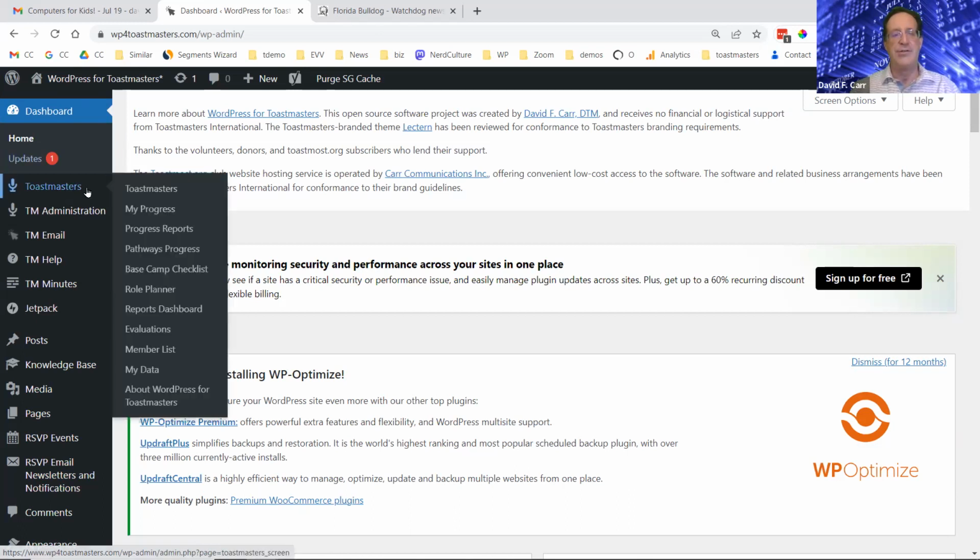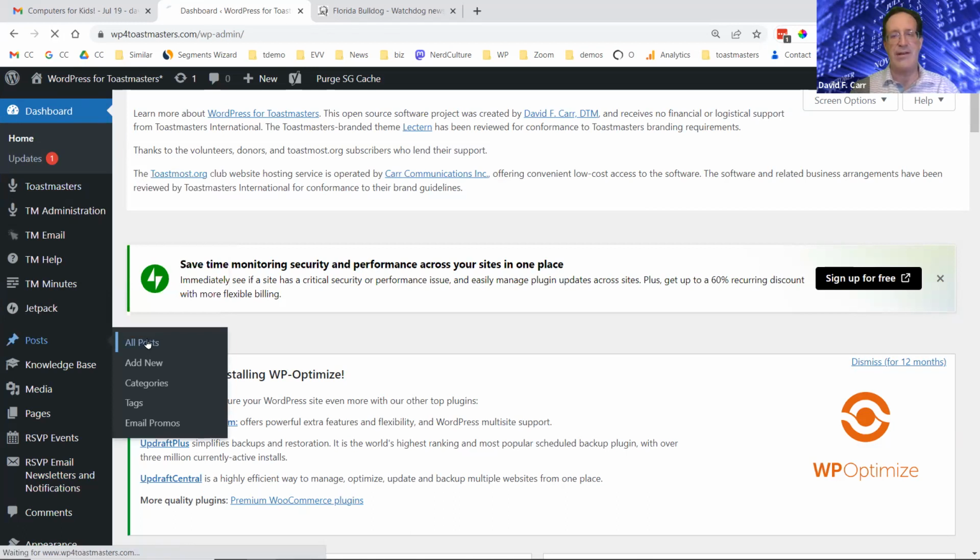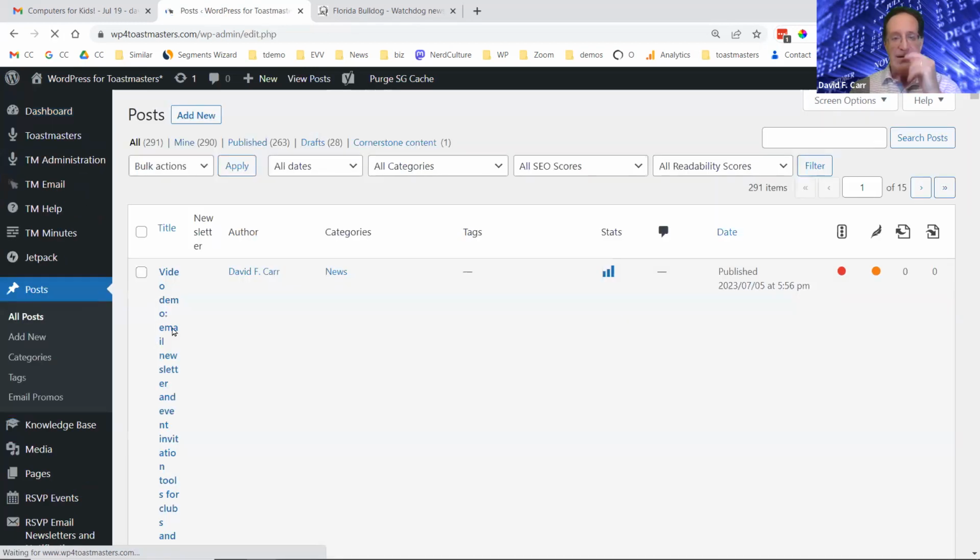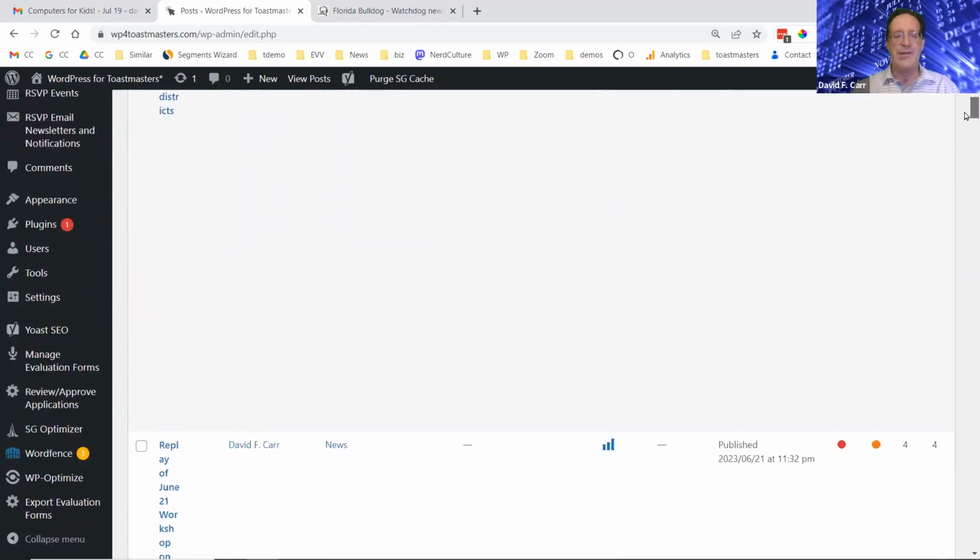I did turn on a plugin called Yoast SEO for all the Toastmost websites so that you could do some of the basic stuff for that. But honestly, I don't like the way it turns my title into this long skinny column here. But I think that's partly because of Yoast.